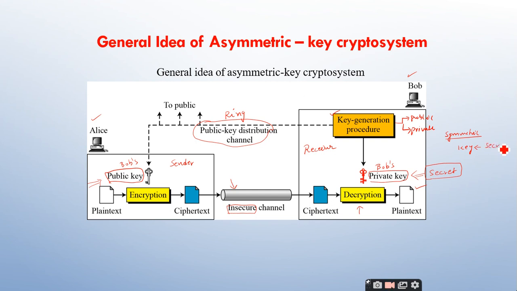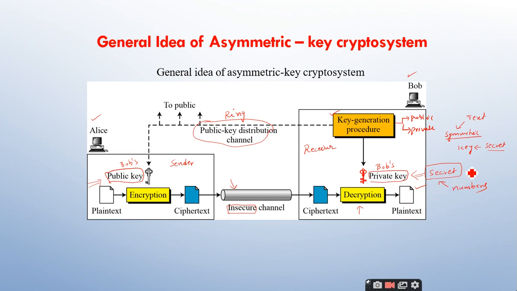It is secret. In symmetric key cryptography we have only one key, and that key is called the secret. In asymmetric key cryptography we have two keys, out of which the private key is called the secret. But there is a lot of difference between this secret and this secret. As I told you, symmetric key cryptography works on textual data, long text, so you can make use of it here. But in the private key, this secret is nothing but a sequence of numbers. This is the important point you should understand.